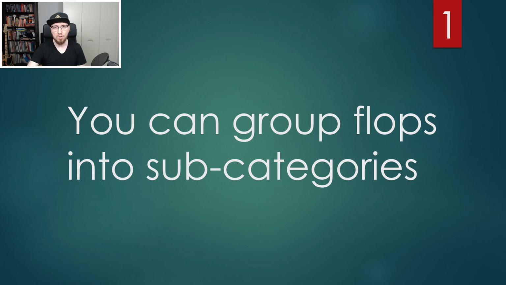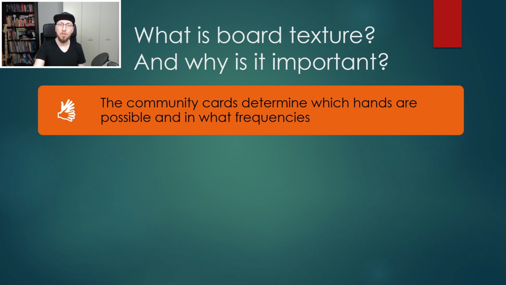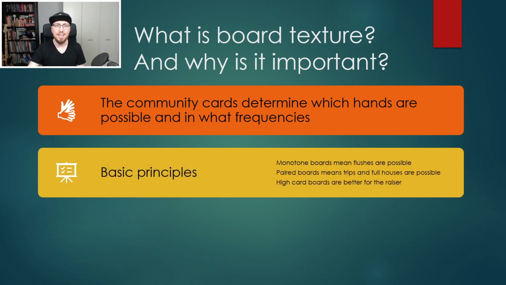So before we do that, let's just have a look at this. So what is board texture and why is it important? The community cards, those 3 cards on the flop, determine which hands are possible and in what frequencies. So the basic idea here is that monotone boards, where all 3 cards are the same suit, mean that flushes and flush draws are possible. Paired boards mean that trips and full houses are possible, and high card boards are going to be much better